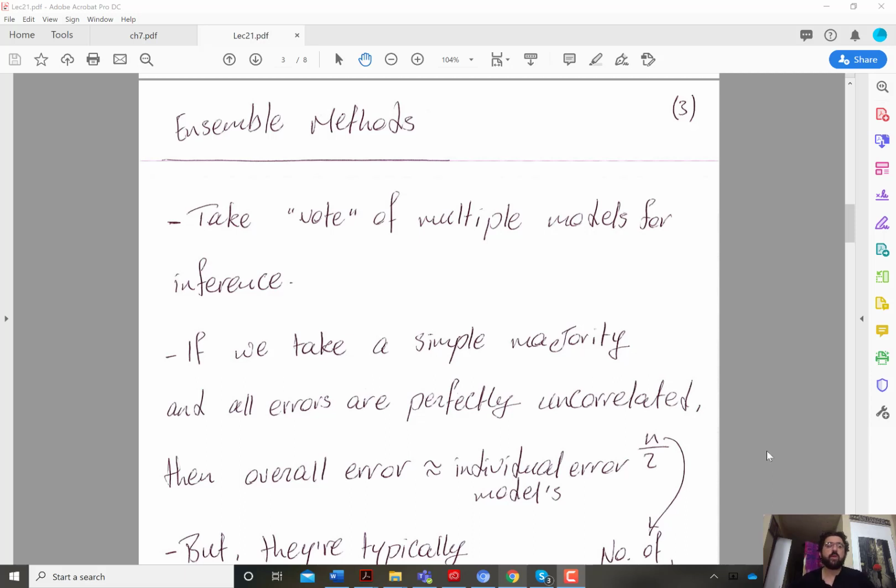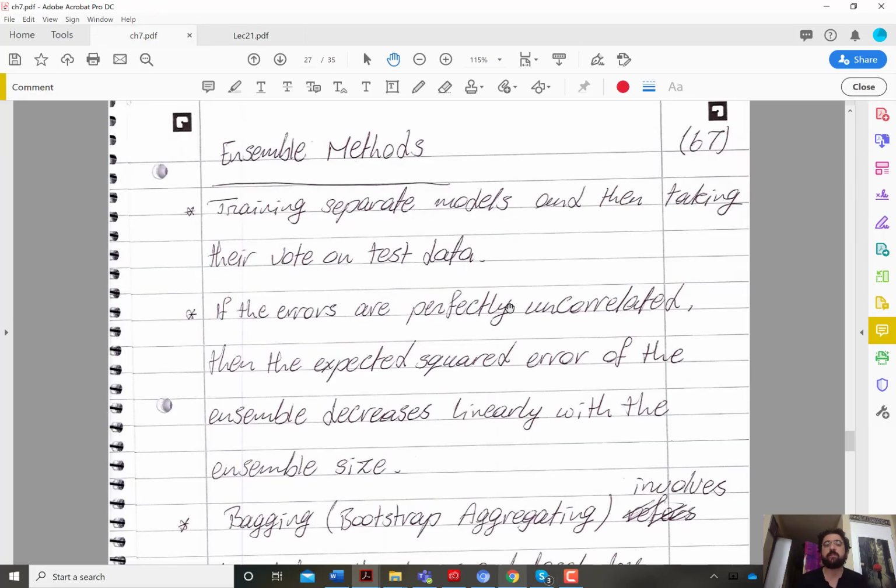Hi everyone. So in the next few videos we will discuss the last regularization strategy that we will study in this section, which is basically the class of what's called ensemble methods. Ensemble methods generally refer to training separate models and then taking their vote on the test data, right? So you have multiple models, you train them independently, and then you take the vote. It doesn't have to be a majority vote, but in general you take the opinions of the different models on